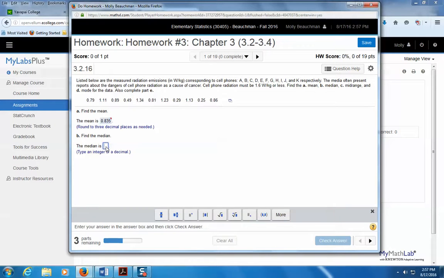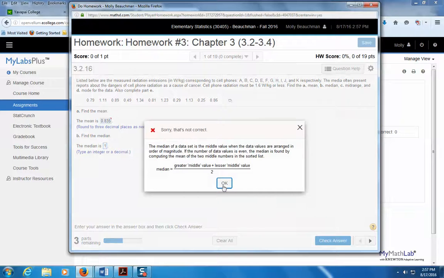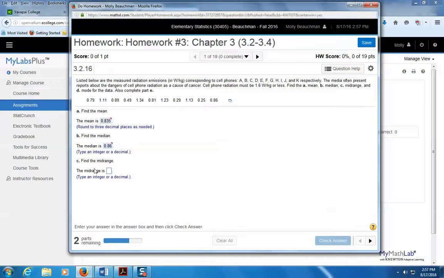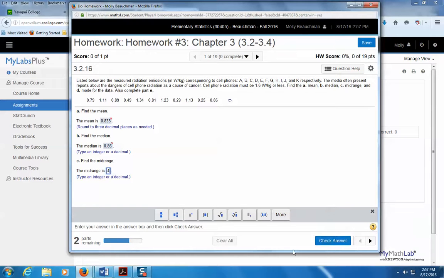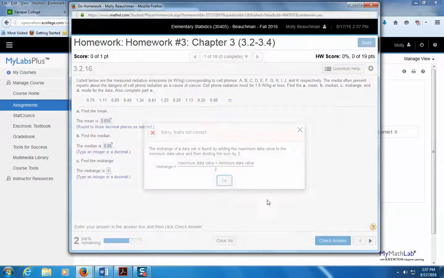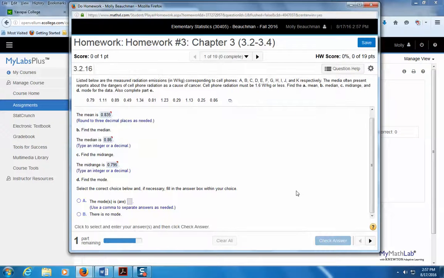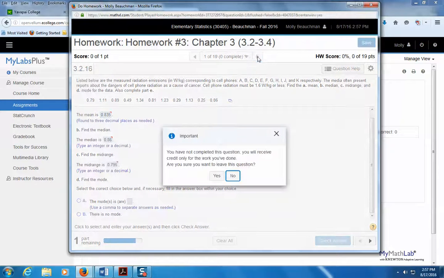So you would have to work through the problem. You get 3 tries for each piece of the problem. If it's a multiple choice, you only get 2 tries, because otherwise you could just click on anything and have a pretty good chance of getting it right. Okay, then once you get that, if you get that question wrong,